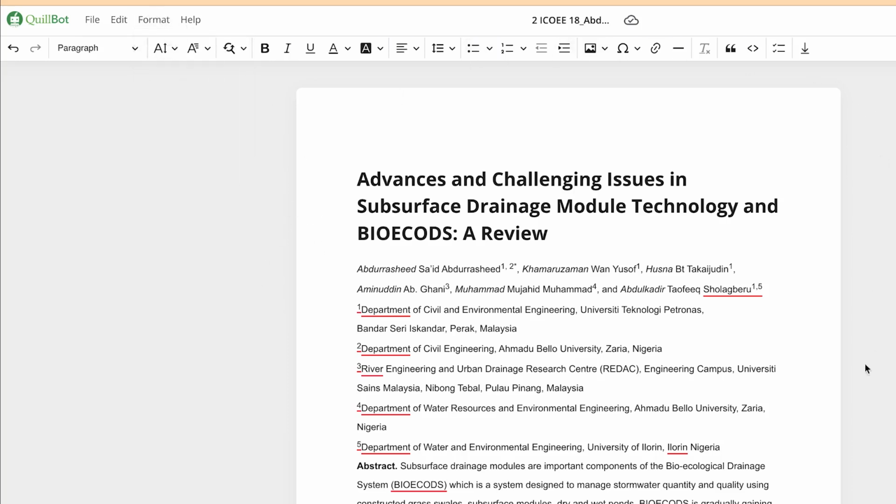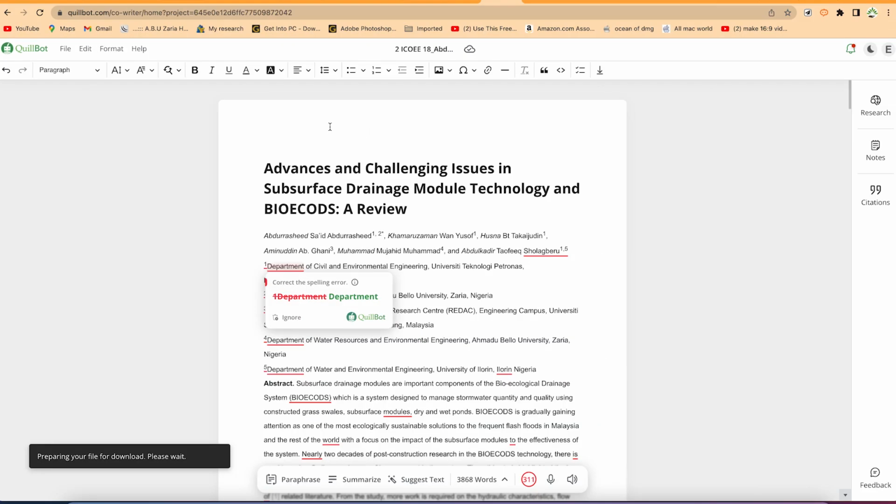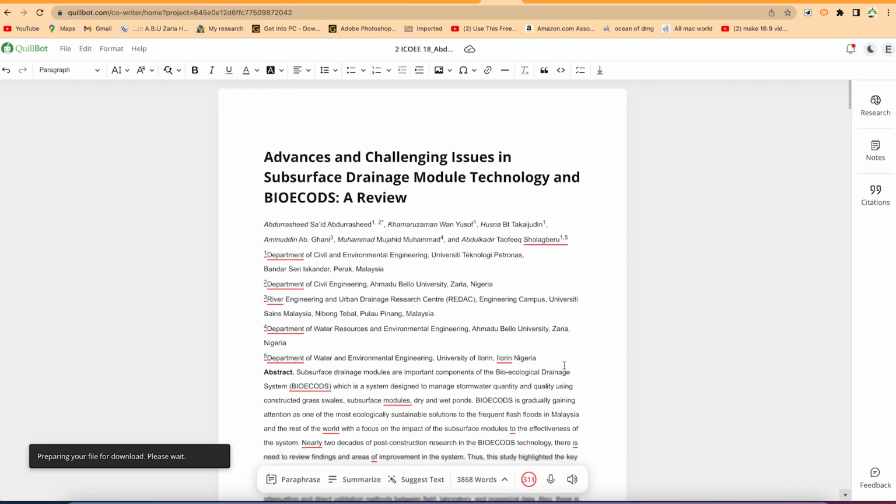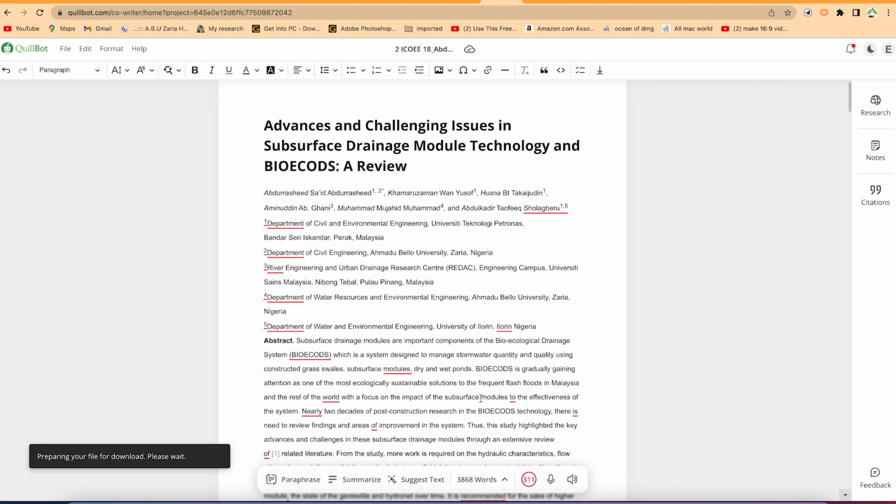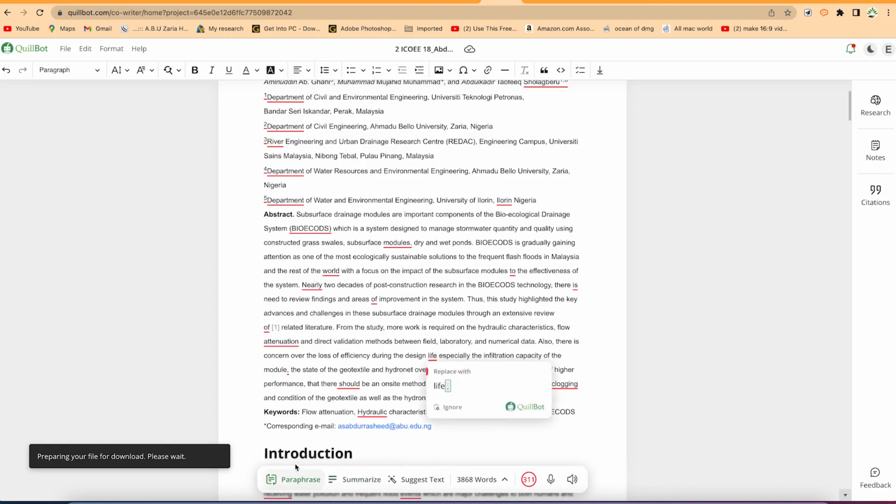So basically, this is how to import a given journal paper or a conference paper to have it edited in the Quillbot platform. And then once you're done editing, you can just go ahead and export it on your own. You'll be prompted with all the errors, and you can do all sorts of things from here. I've explained virtually all the very basic things that you need and you can use to edit your paper. So I hope you enjoyed this video on how to do live editing of some of your paper.